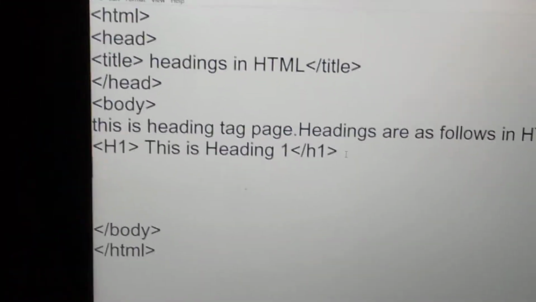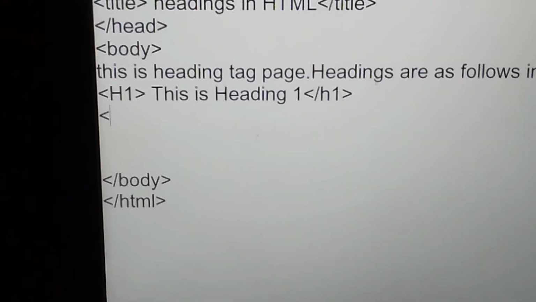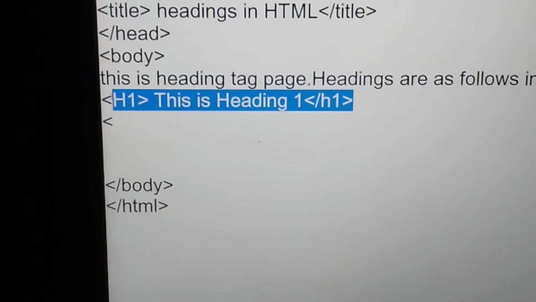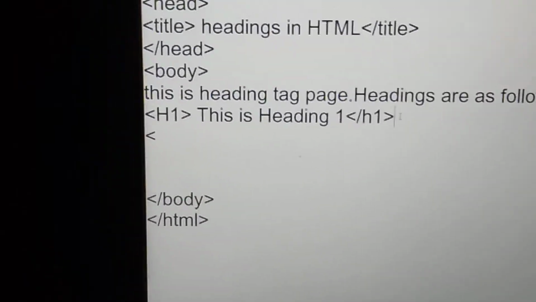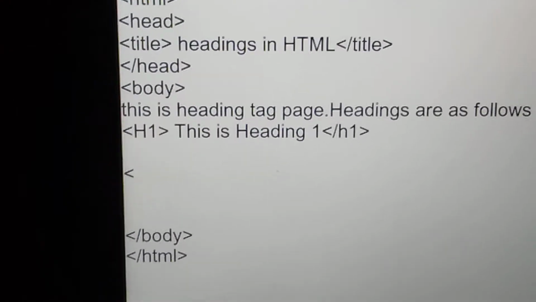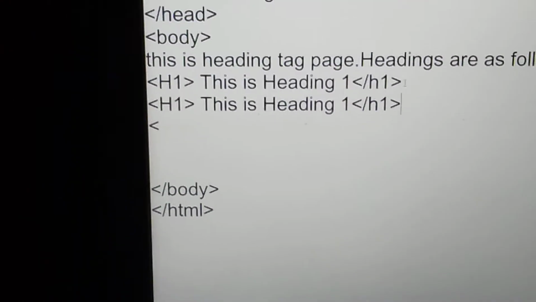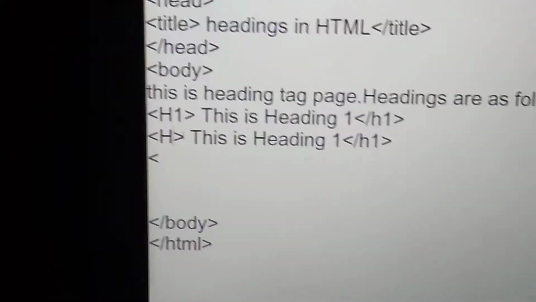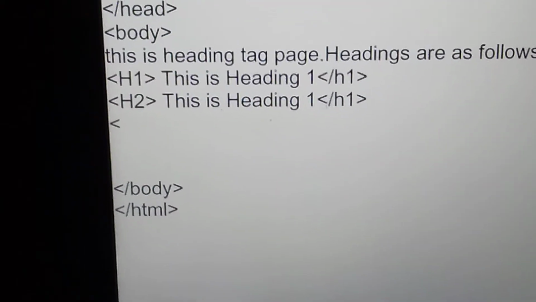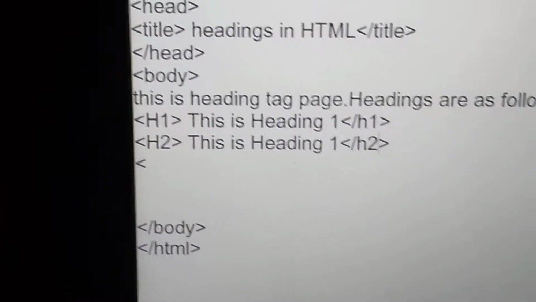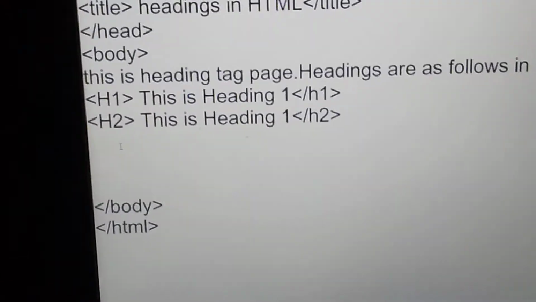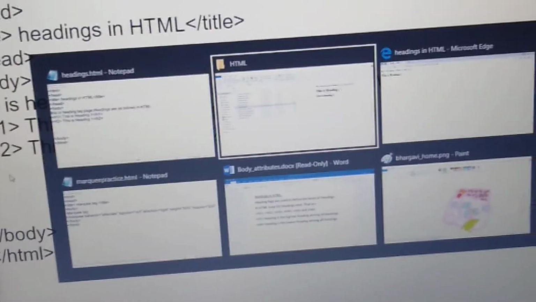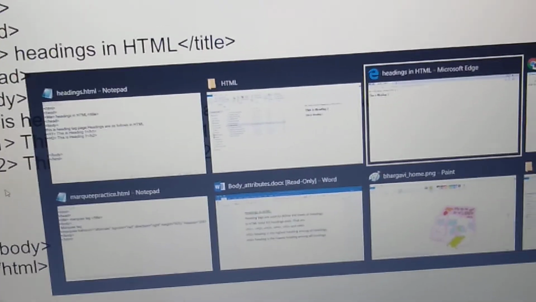Now I will make more code. I just copy and paste it. The shortcut is Control C for copy, enter, Control V is for pasting. So I just make a correction over here, instead of H1 I write H2. Close it with H2 also. Again save it and use the Alt Tab button to navigate between the many pages.